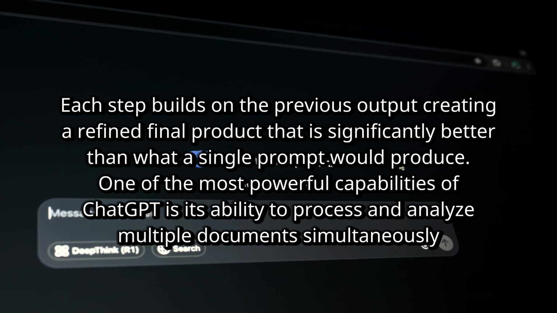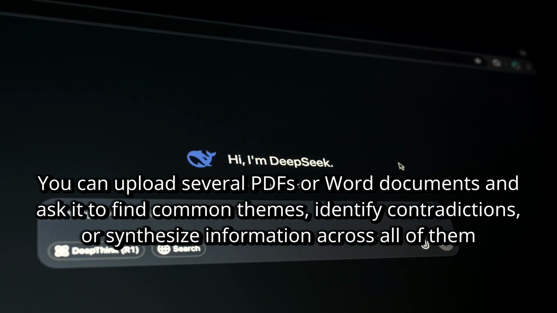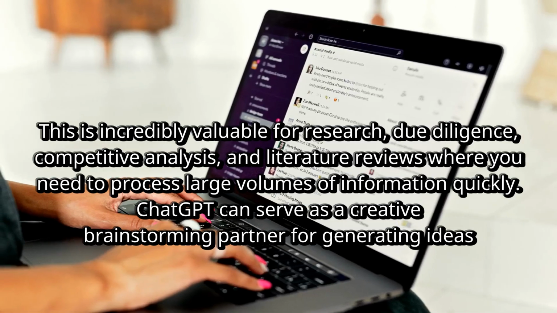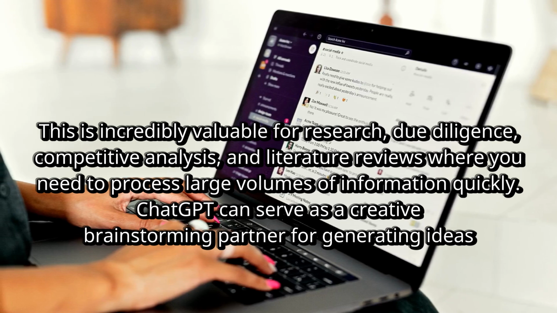One of the most powerful capabilities of ChatGPT is its ability to process and analyze multiple documents simultaneously. You can upload several PDFs or Word documents and ask it to find common themes, identify contradictions, or synthesize information across all of them. This is incredibly valuable for research, due diligence, competitive analysis, and literature reviews where you need to process large volumes